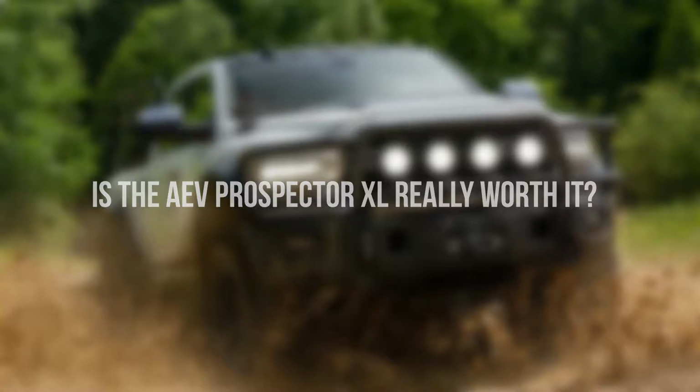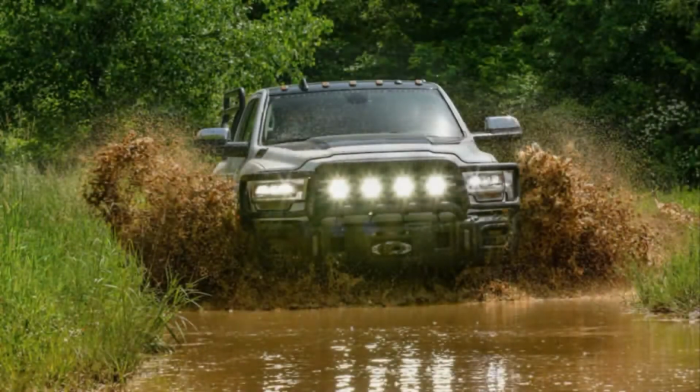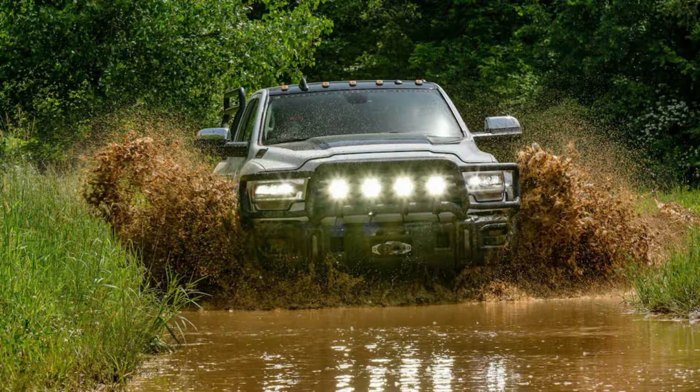Is the AEV Prospector XL really worth it? That $119,000 fee includes a number of showy bits we may want to do without. But the engineering is so stout we felt compelled to gin up a super build, starting with a strategically optioned 2500 Tradesman Cummins with auto-level rear air suspension, the Ease Group, Uconnect 5 Nav, mattress software group, and the O switches for $64,745. Then we spec the Prospector with 37s, the Mopar retractable steps,